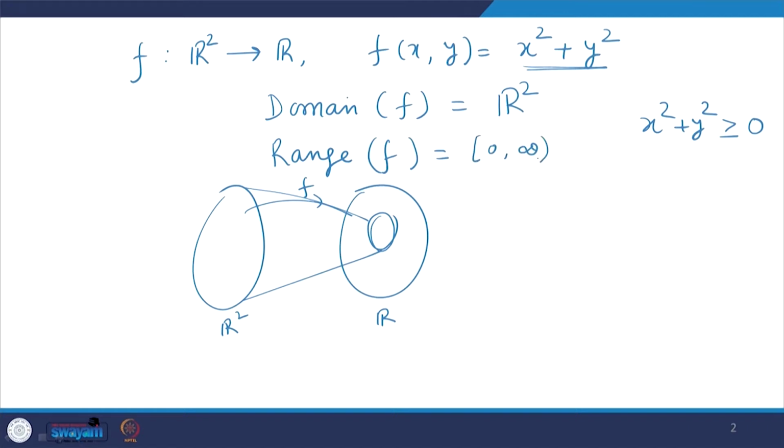Okay. It can never be negative. So, the domain of this function is the entire R2 and the range of this function is the closed interval 0 to infinity. In a similar way, suppose we take another example, let f be from R2 to R and say f is